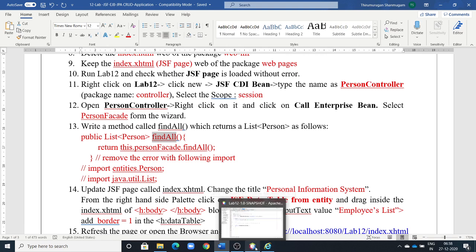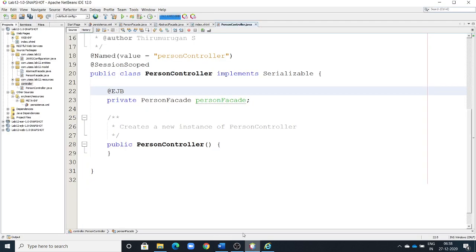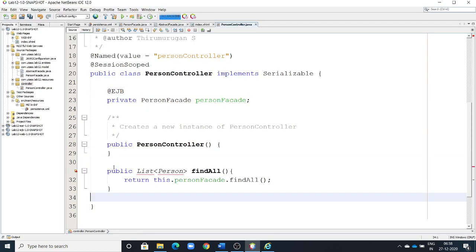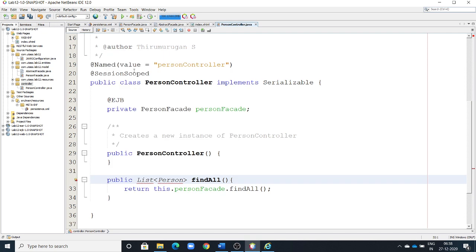Now I'm going to copy this and paste it here. Okay, list person. The first step is to import java.util.List and Person, which is available in the entities. Don't create it, always import.